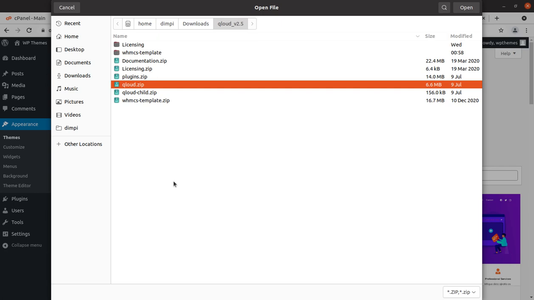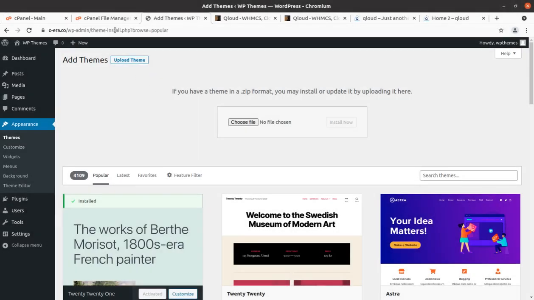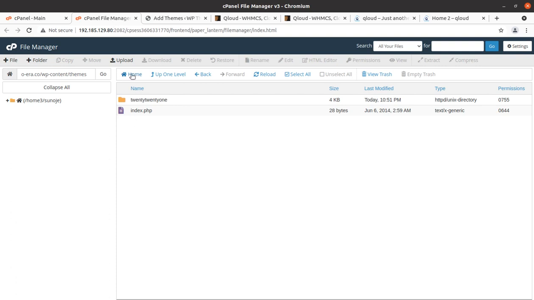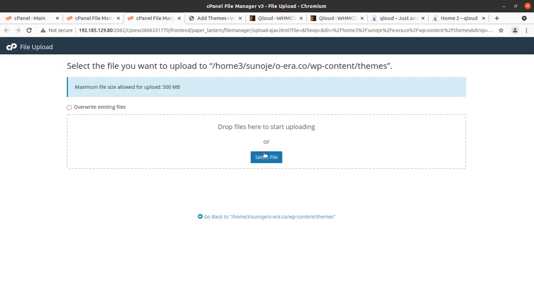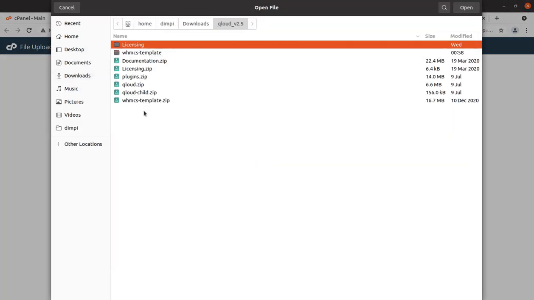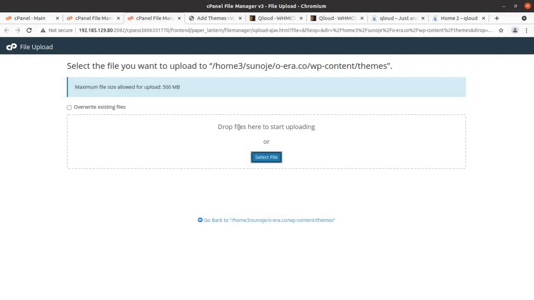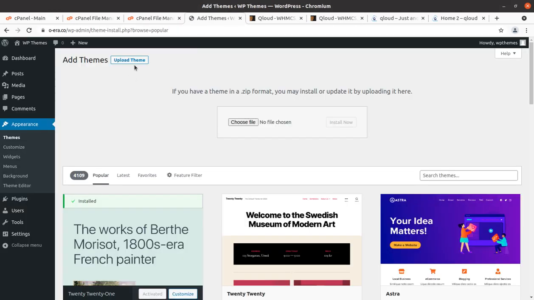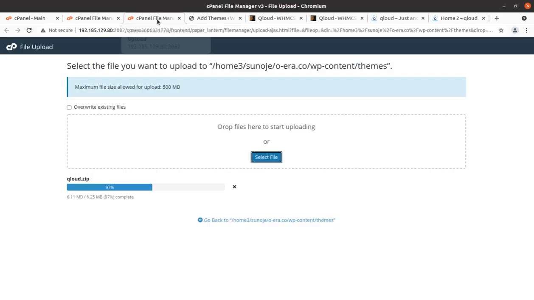So you have to take care what file you upload, and if you have direct access to your server, you can upload directly to the wp-content themes folder. I am doing the same. I wish to show you the theme file size. However, both ways of uploading the theme are the same. Either you can upload through the server interface or you can use the WordPress interface for uploading the theme. Both are the same. Don't repeat the process.